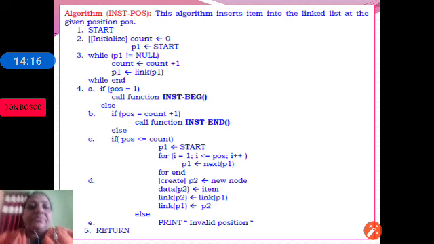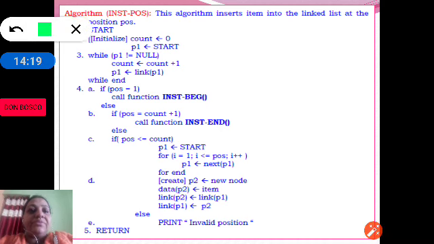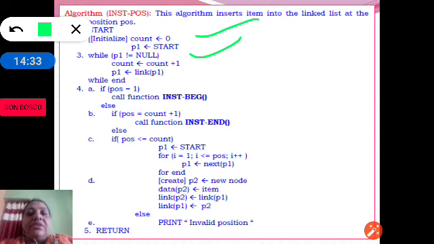So we start the process and then we say count is equal to 0. P1 is pointing to the first node and count is equal to count plus 1. So we are counting the total number of nodes available, and the total is available in count. If position is equal to 1, we call insert beginning, where we insert the node at the beginning.